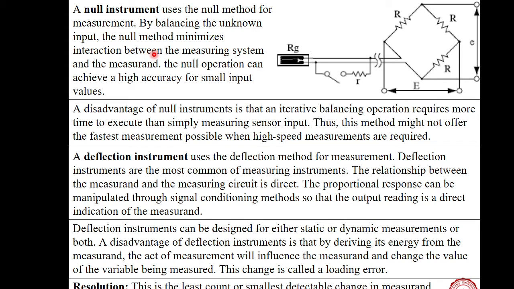There is no current in this line. If this supply voltage, in this line there is no current, so that way the error due to meter resistance is not there. But what is the problem? It requires post processing. We cannot take direct reading, right? So this is not suitable for dynamic application. Again, the time of experimentation is much more.